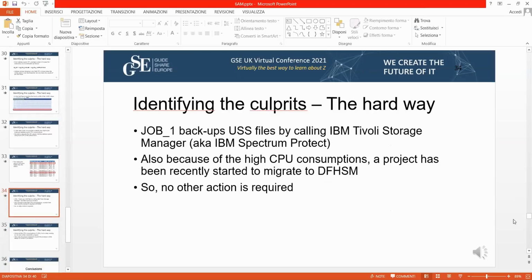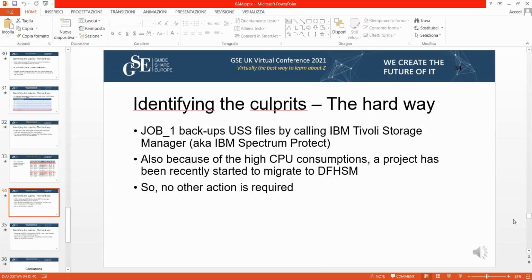The address space job_1 in the previous table was a backup of the Unisystem service files calling the IBM Tivoli Storage Manager, or the Spectrum Protect product.